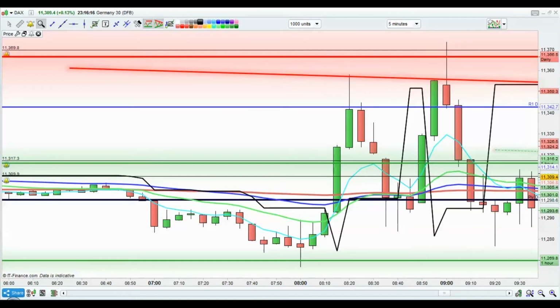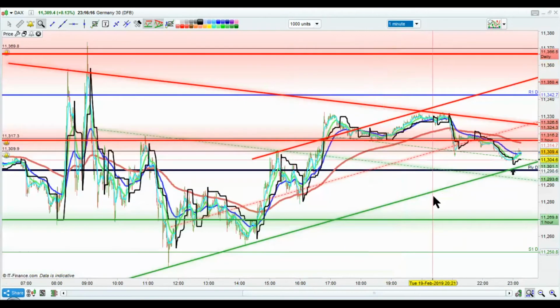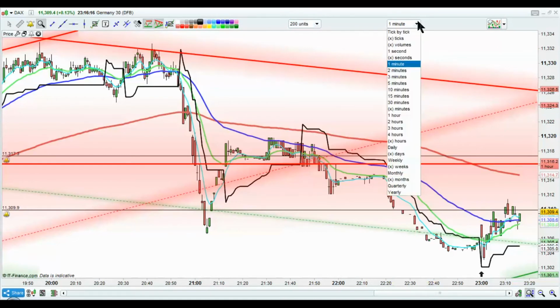and so hopefully a lot of them made a nice bit of money as a consequence of that. And now tomorrow being Wednesday, let's just change this to 200 units. So this is for Wednesday, the 20th of February. Providing there's no negative news in Asia or anything overnight, I would anticipate the DAX perhaps making another run towards